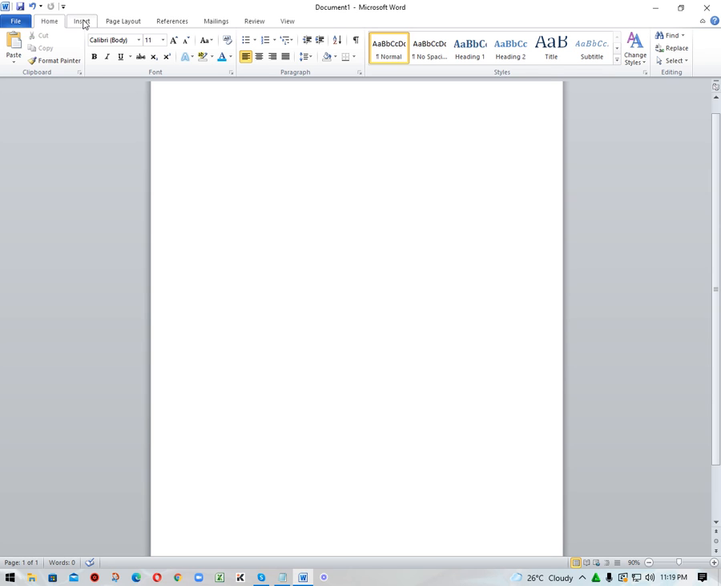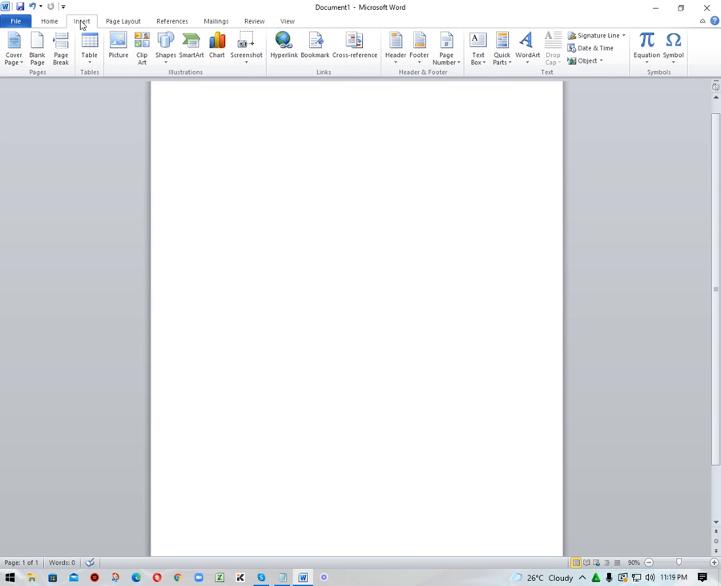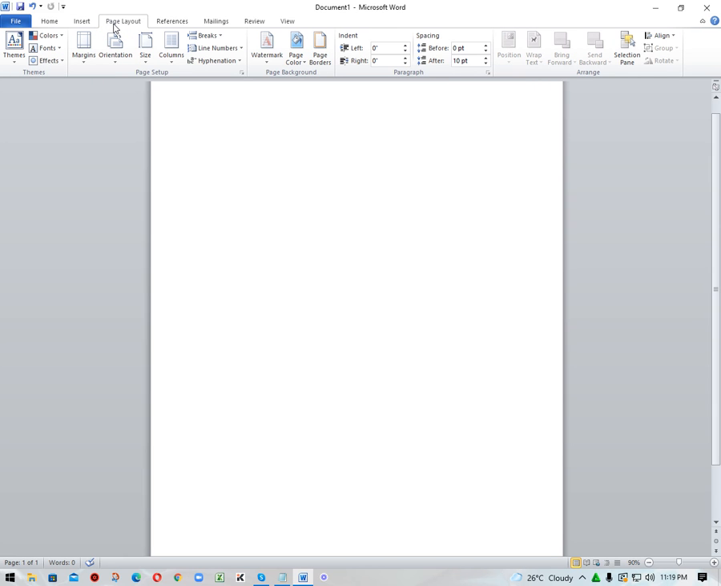For the Insert tab, which is the next one here, these are the tools to insert an extra feature in your document, like tables, photos, clip arts, shapes, page numbers, hyperlinks, and many more. Next one is going to be our Page Layout tab. This tab will allow you to control the look and feel of your document. You can change the page size here, the margin, the line spacing, the indentation, the document's orientation, and many